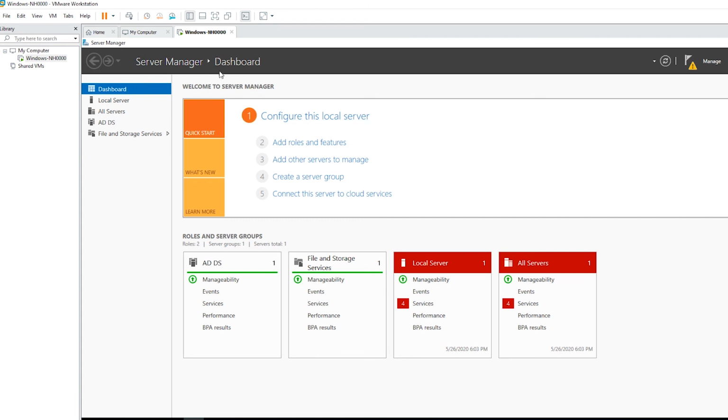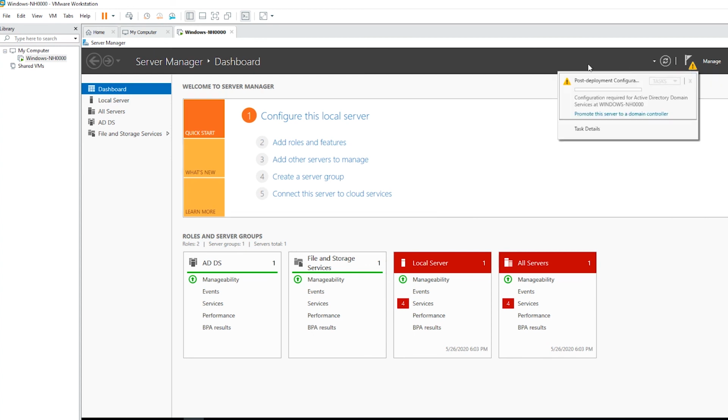Now I'm at the Server Manager dashboard. I see a notification at the top here, and then in the notification it says post deployment configuration is required. I need to promote this server to a domain controller. There is no domain controller in the domain, and this is the only server that I have in this domain, so I have to promote this computer as a domain controller. So I click on promote this server to a domain controller,